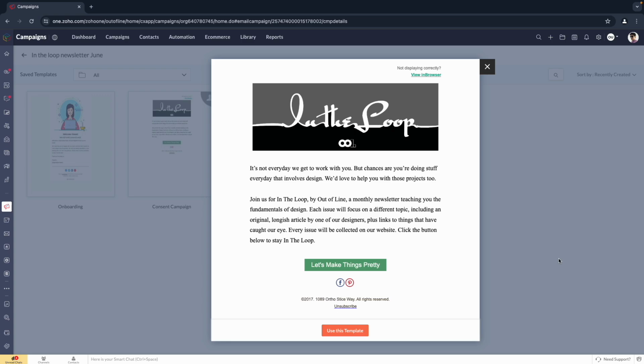But in the scope of trying to keep a clean list and make sure people actually want this, so we can track, is this content actually resonating with people? Is it actually providing value? We're going to want to make sure that they actually want it. And so we'll send that consent campaign. If they click this button, the little green button, then it will say, great, they opened it. Because they opened it, now add them to the list, right? So something like that we can do.